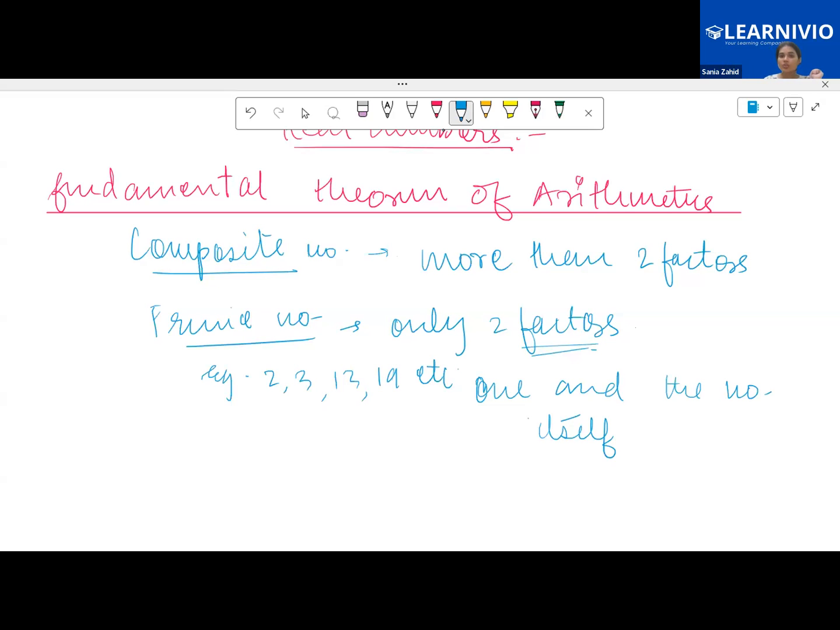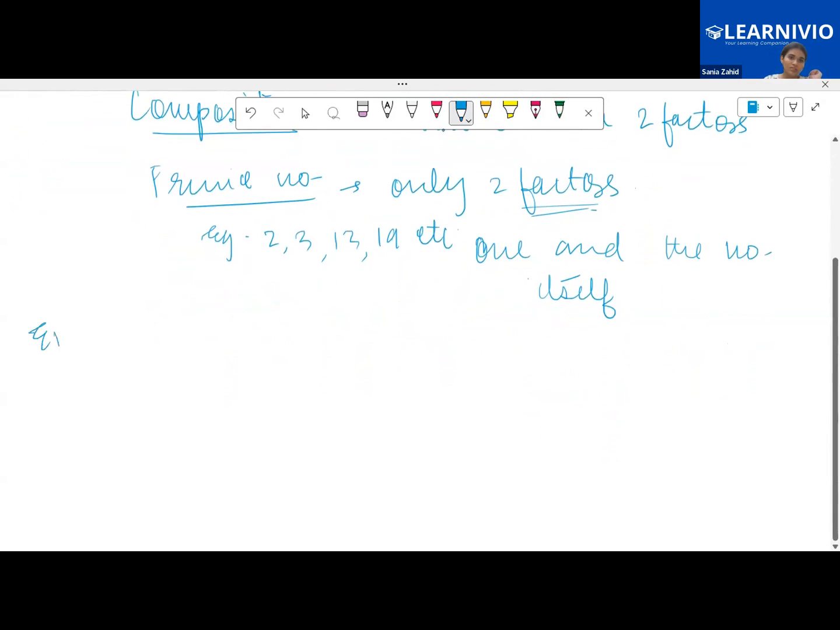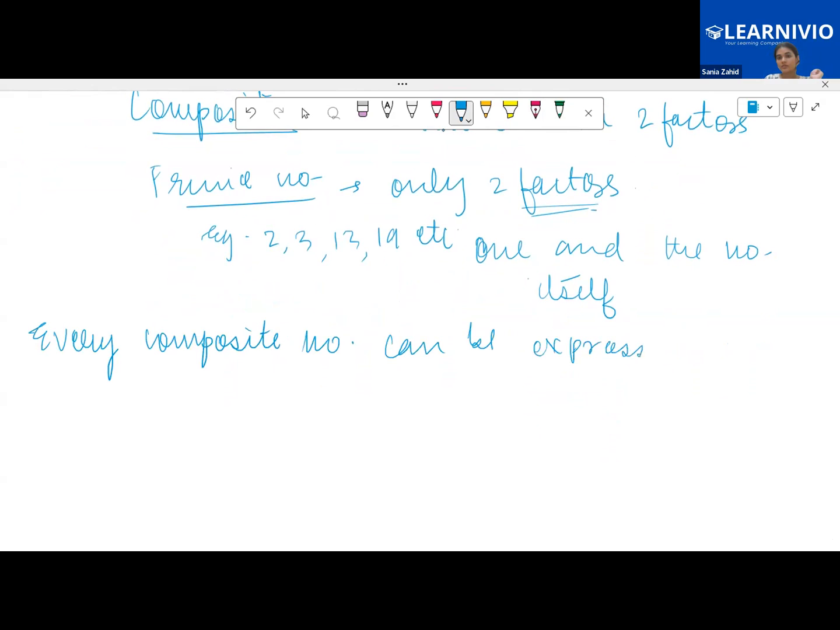So what does the fundamental theorem of arithmetic say? That every composite number can be represented as a product of its prime factors. What does it say? That every composite number can be expressed as a product of its prime factors. Right? For example,